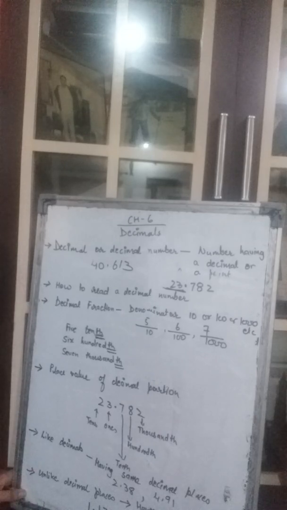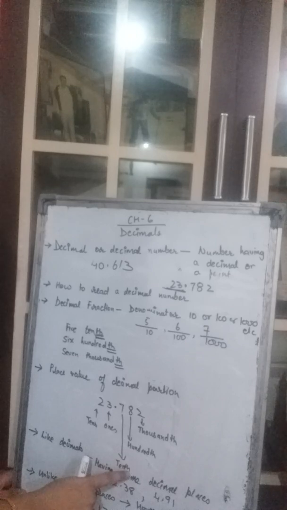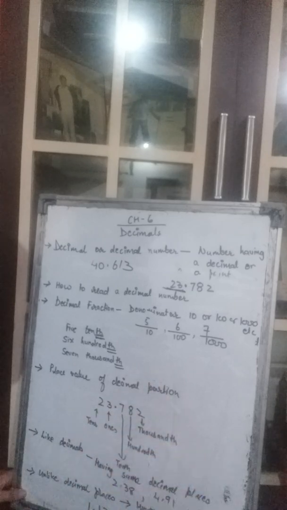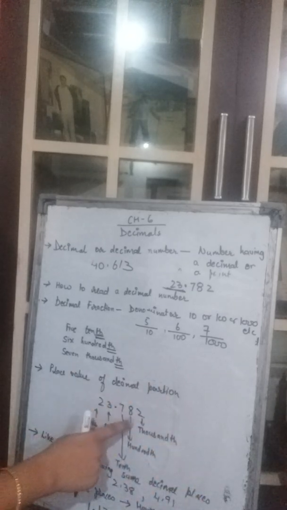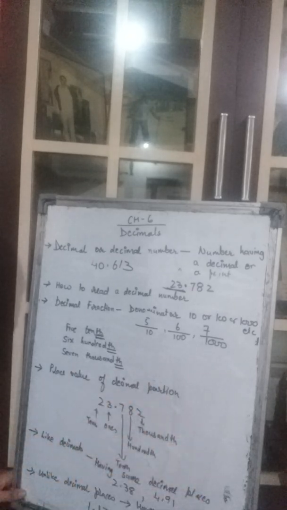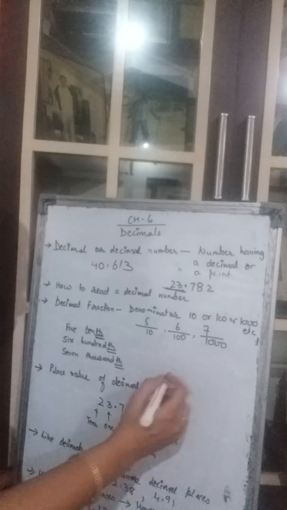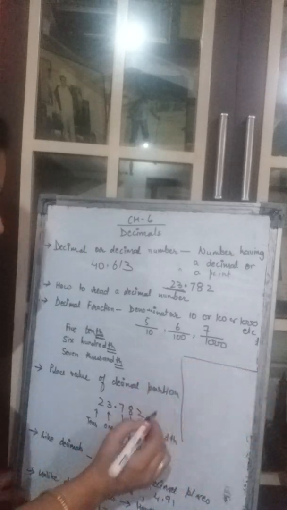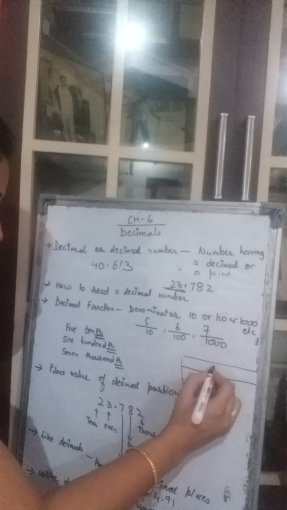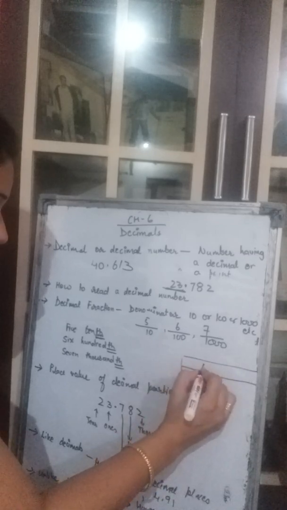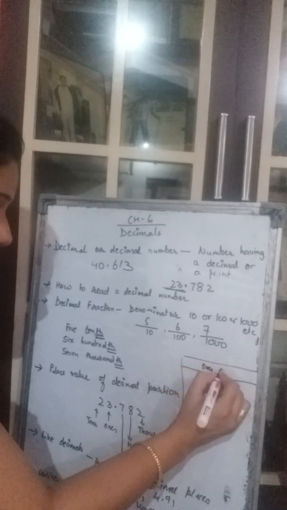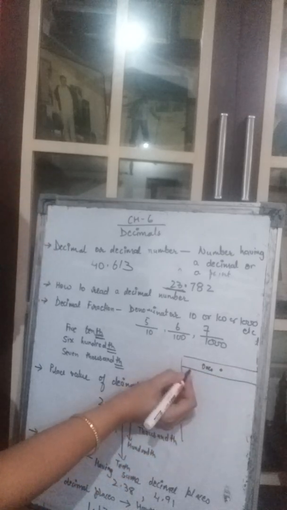Okay. So, here comes, means it is on the right hand side of the decimal. It is getting divided by 10 or 100 or 1000 or 10,000 and so on. Is that clear? The place value. So we will make a table here. What is the place value? Place value of, suppose here it is given ones and a decimal is here. On the left hand side of the decimal, ones will come.